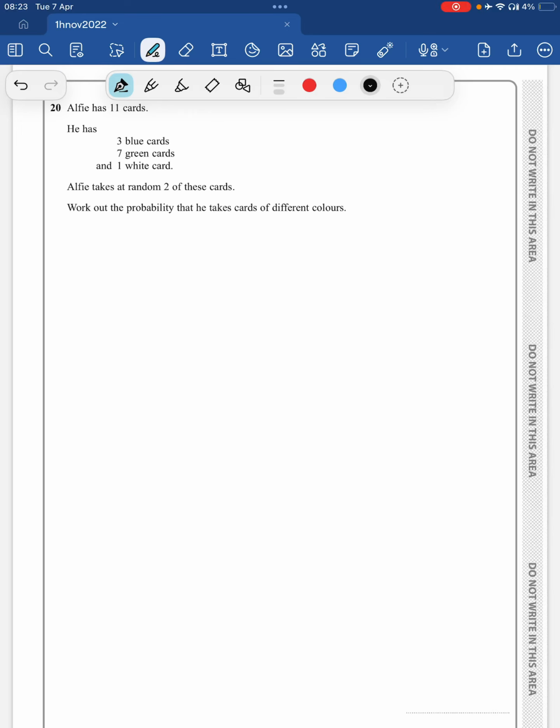For question 20, we've got a relatively standard conditional probability question. It doesn't need one, but I'm going to start by drawing out a probability tree, as I think it actually makes life easier to visualize. So when choosing the first card, the probabilities are just how many there are out of the total. When choosing the second card, we've got to be a little bit more careful,